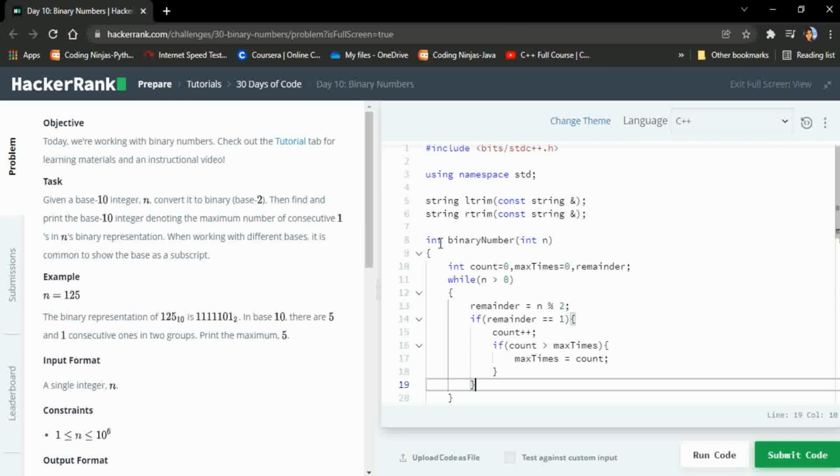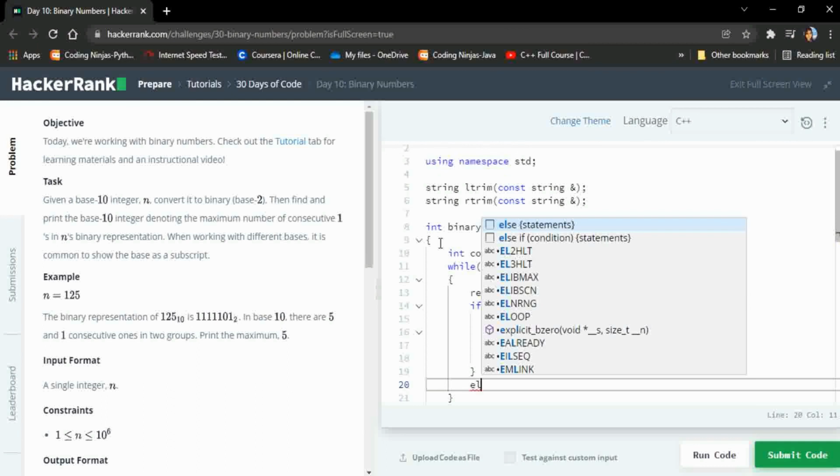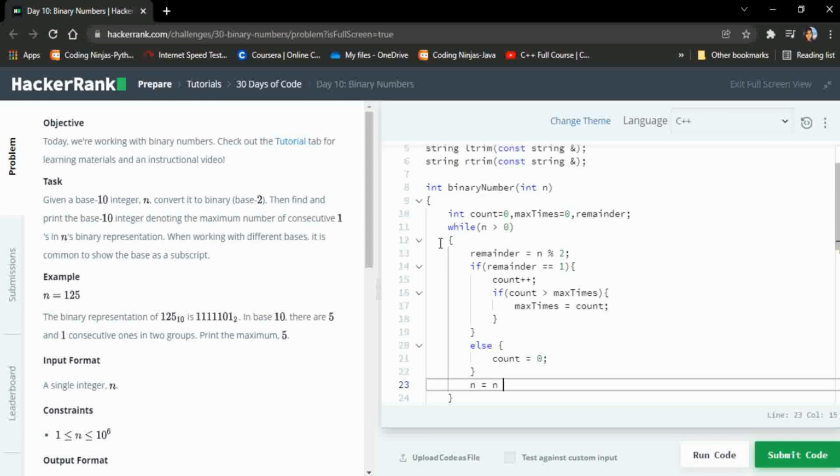We do this since we have to find the maximum number of consecutive ones. After that we write else, for when remainder is not equal to 1, and in the else part we set count equals 0. Then we write n equals n divided by 2.